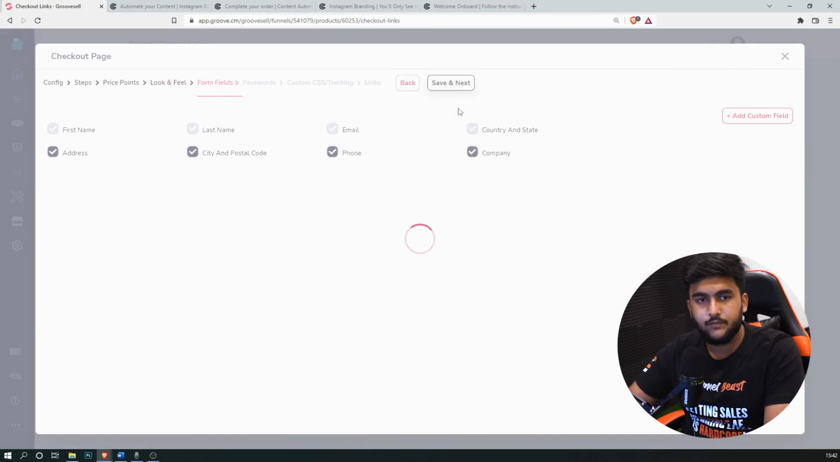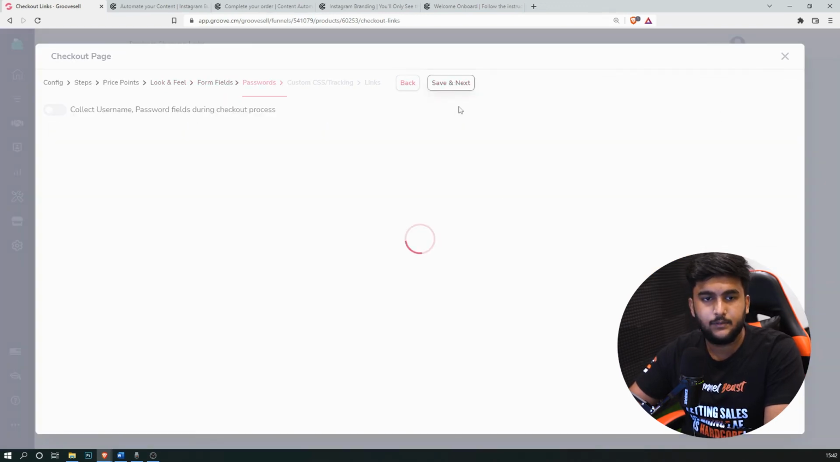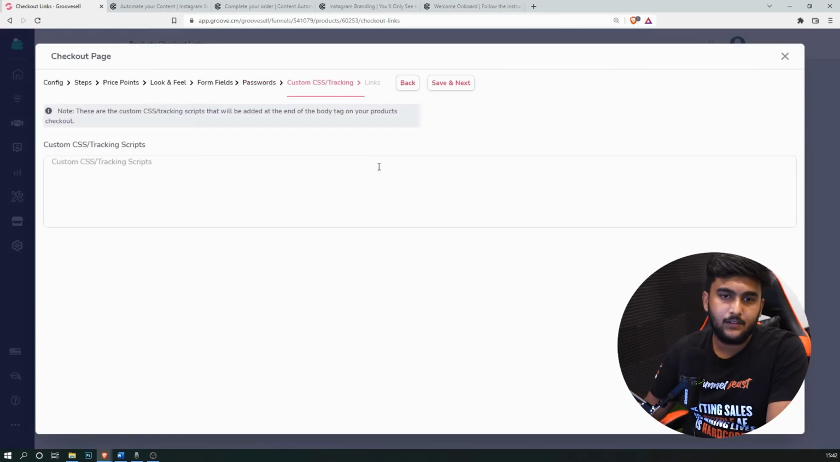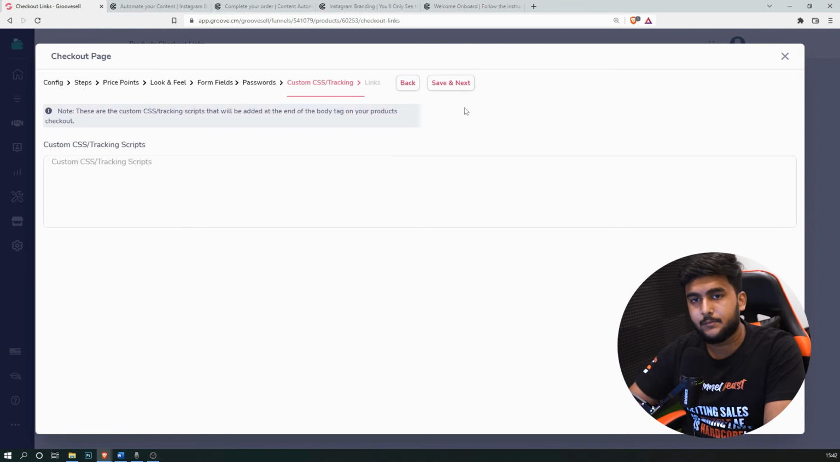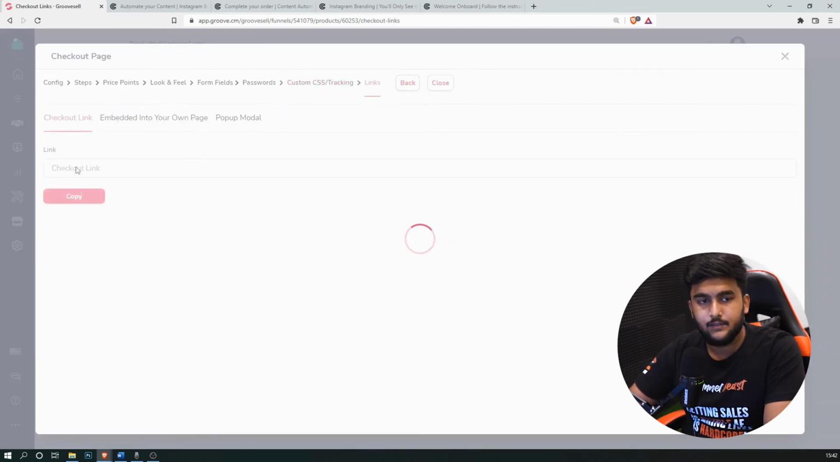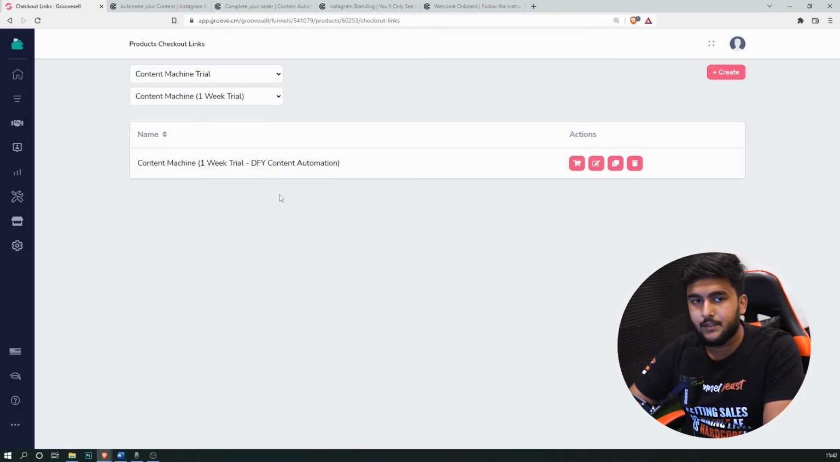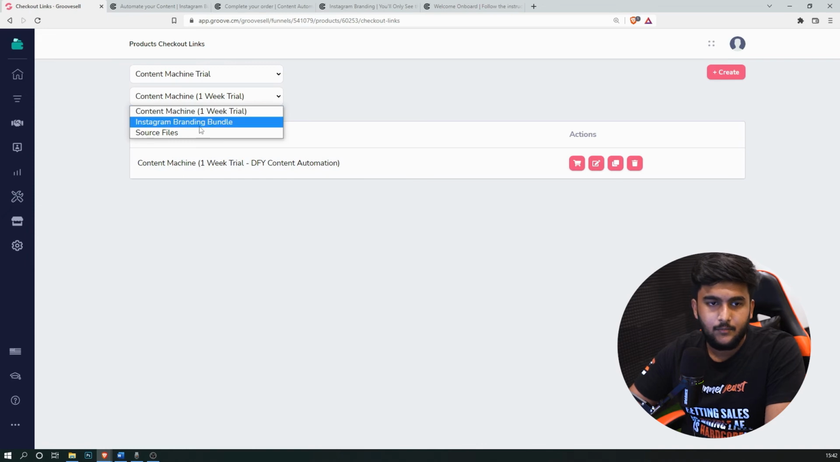Yes, we want all the form fields. Password, no, we do not want the password. If you have any Facebook pixels that you need to track this whole system or the product, then you can do it over here. Click on save and next. Over here you will be having the link. We do not want to copy this link because this is the main product, but we'll head on to the